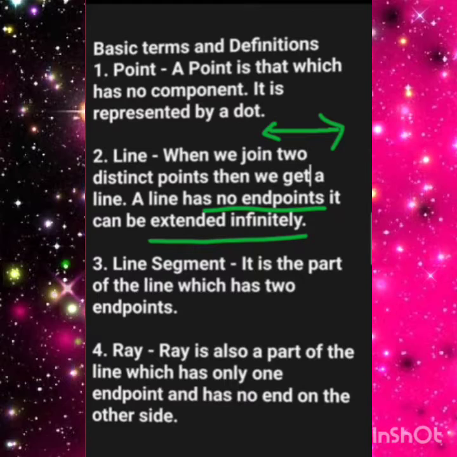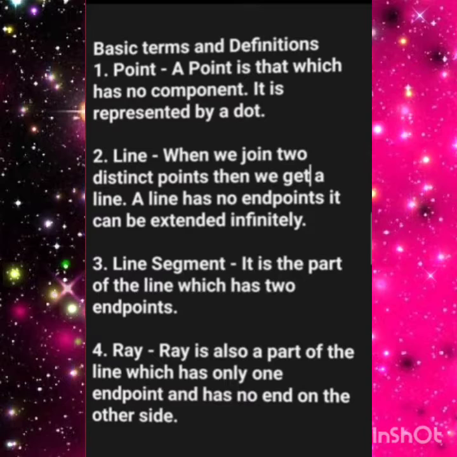Got it? The properties are already attached with that: it has no end points. And different lines we are defining, like line AB, right? Sometimes the same line you can call line L also, side by side. Suppose I am considering this is also a line, then this can be written as line M. Sometimes, suppose I am considering this as a line, and I put two different points on it, that is point P and point Q, with that also I can define it. So my dear student, all these topics you have studied in previous classes, but it is very important to clear them here, it's a basic concept. So I hope line is clear in your mind.